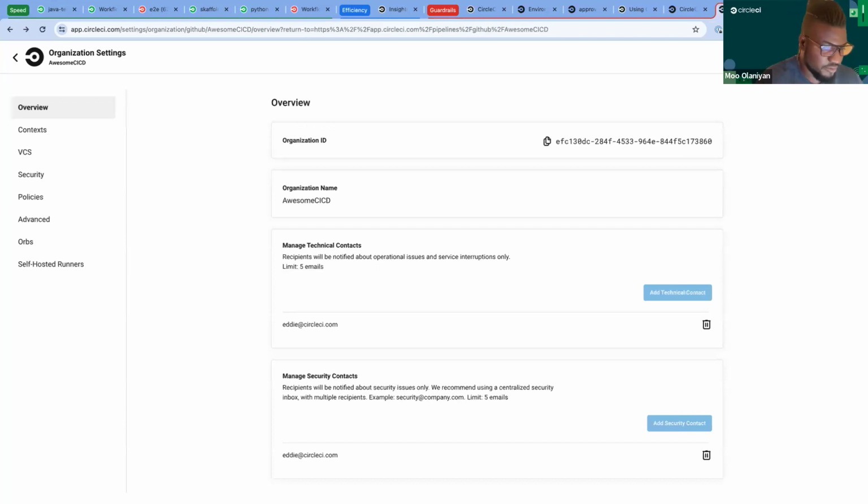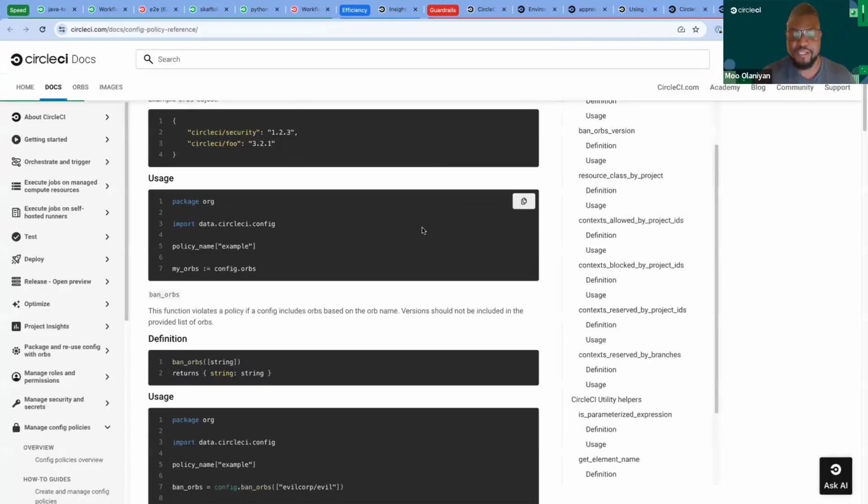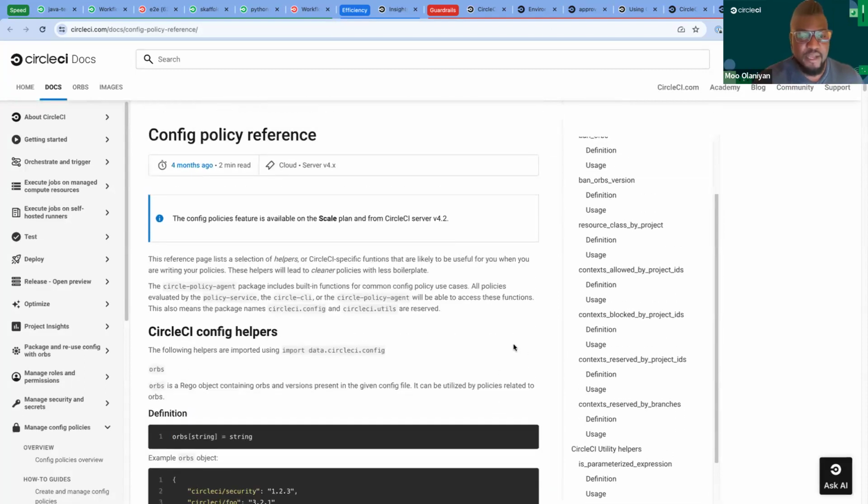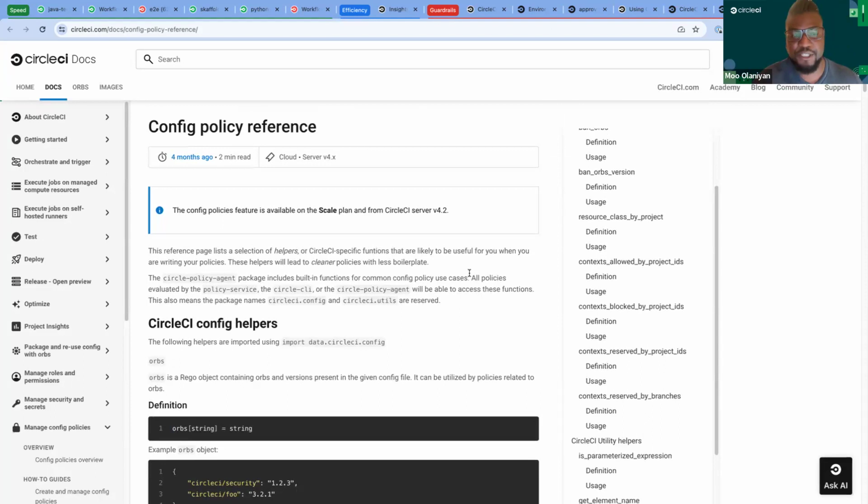We also have some config helpers in case you aren't quite familiar with Rego, but you want to get started quickly. We have a whole bunch of helper policies. So it's a really good starting point. We have a couple use cases covered here, such as enforcing the size and type of a base image that's used in a job, right? So let's say you don't want people to use more than a Docker large because they're expensive. You can go ahead and say, hey, anything larger than that, fail the build, right? And so it's a good way just to maintain certain organizational policies across your entire organization, right? And you need admin access to change them, obviously.